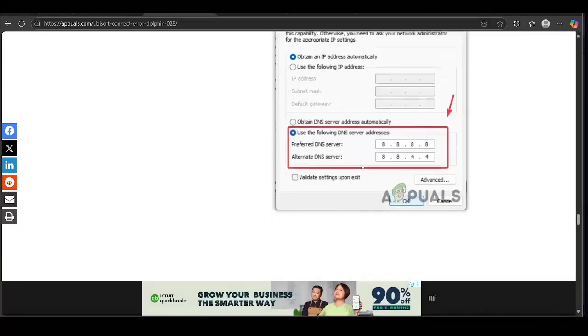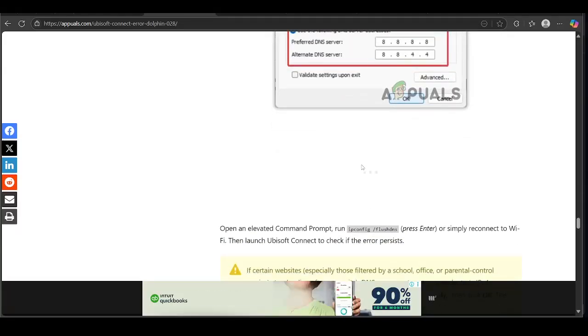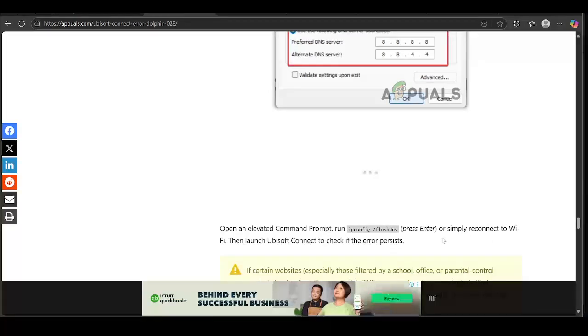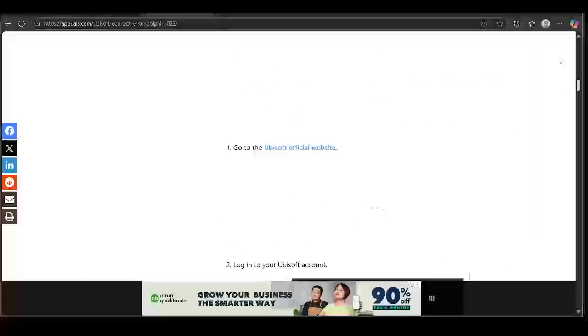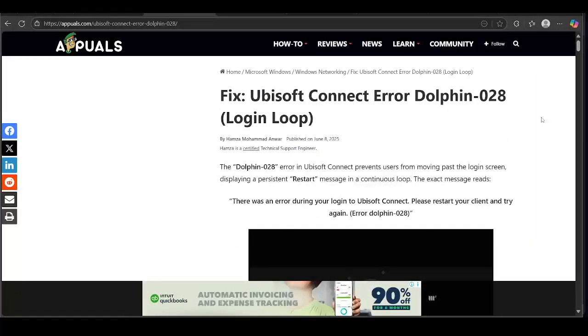And once you carry out all these steps, you open an elevated command prompt and run this command and press enter, or simply reconnect to the Wi-Fi, then launch Ubisoft Connect to check if the error persists. So these are some steps where you can fix this issue with Ubisoft Connect where you see the error